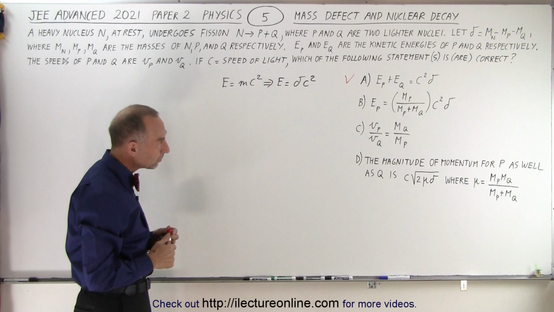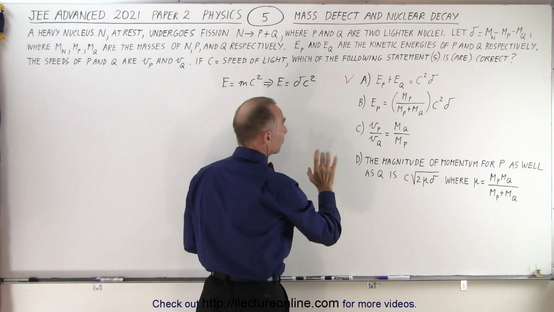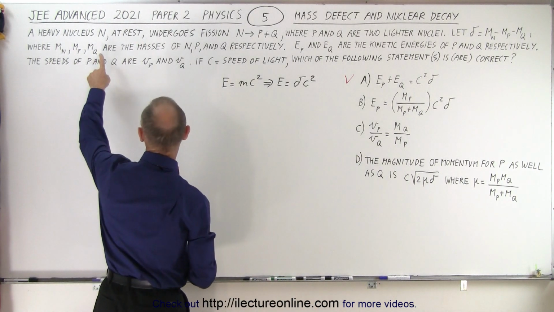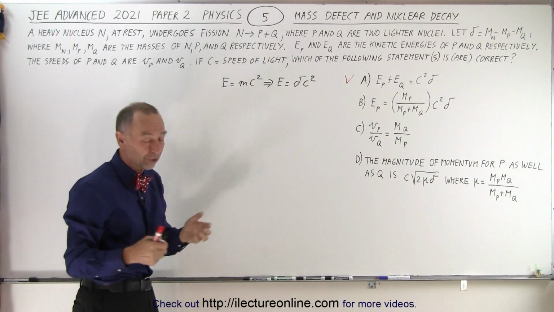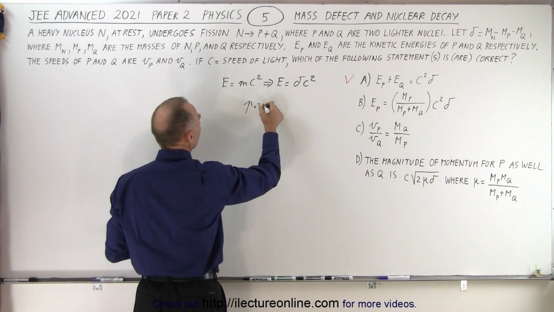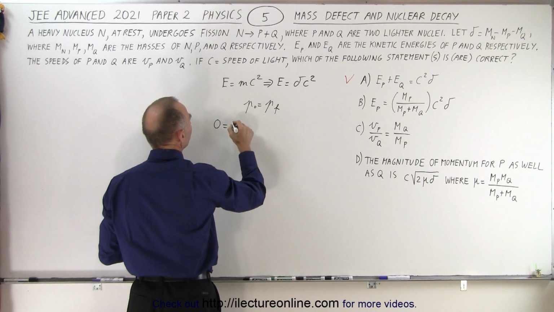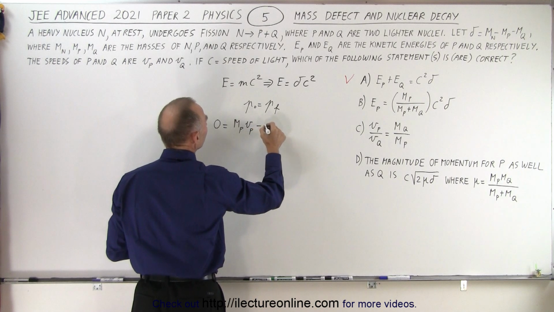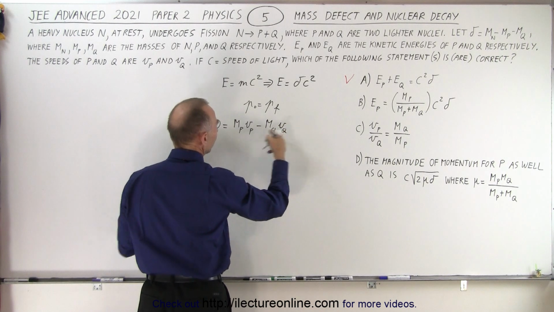All right. The next one I want to tackle is C, because that looks fairly straightforward. We can use the conservation of momentum. Remember that the particle starts at rest, breaks up into two, and they both move off, presumably in opposite directions. So by using the conservation of momentum, P initial equals P final. That means that 0 for the initial momentum is equal to the mass of particle P times the velocity of P minus the mass of particle Q times the velocity of Q,